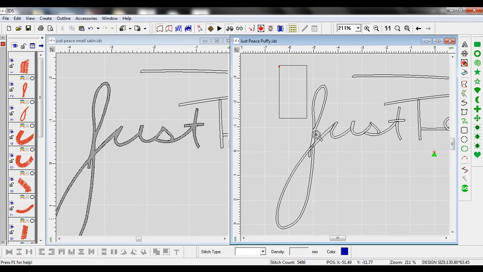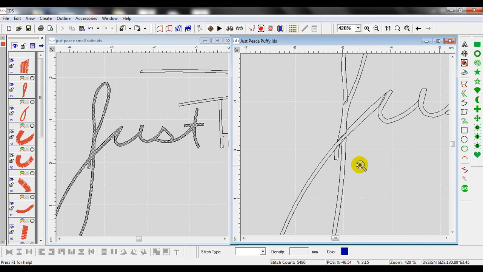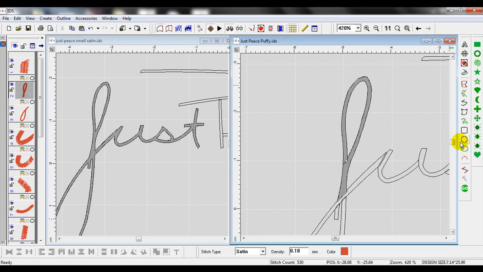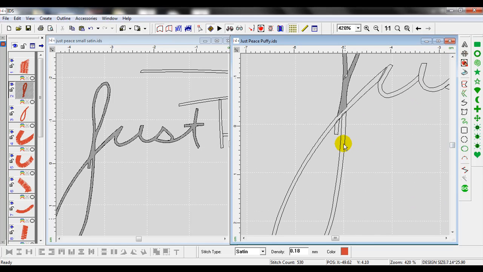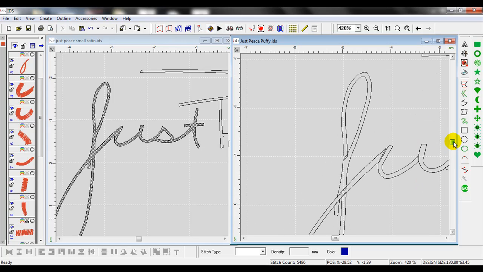So let's zoom in on the J, and the J itself is 3 pieces by itself. The first piece, if I right click, you can see number 1 is this little piece right here. The second piece, if I left click on frame 2, is this piece at the top. And then the third piece, right click here. And so the J is split up into 3 pieces, and in addition to that, the in and out points are